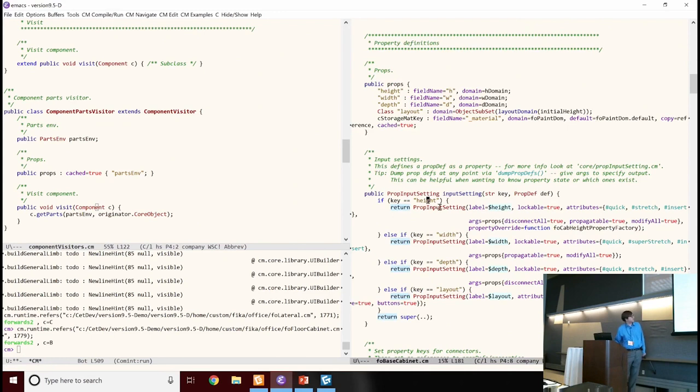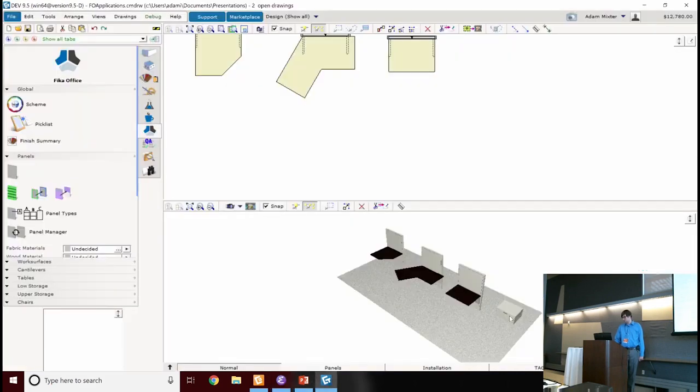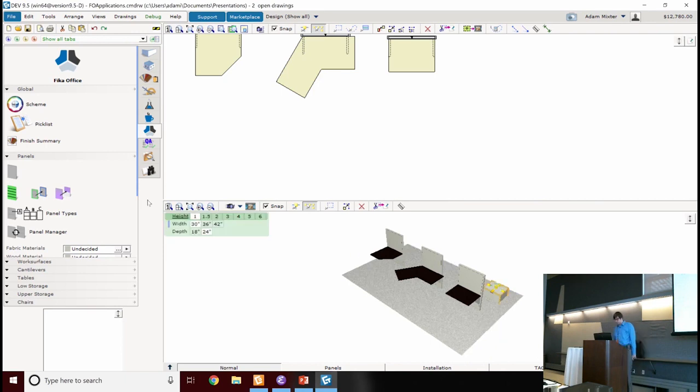You can read all this code for yourself, but something that's interesting to note is it has attributes of quick, stretch, and insert. So if I were to go look at a ped that extends off of that class at least, you can see it has quick properties for height right here, and stretch properties right there. Super stretch also works for this ped,